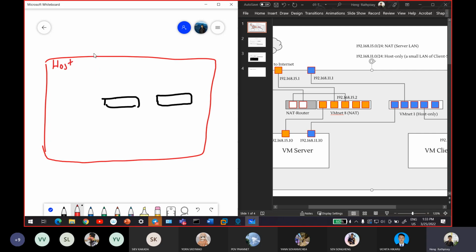And then this host can have many adapters too, so it has its own network adapter. It can be Wi-Fi or Ethernet. Okay, consider this Wi-Fi adapter, and then it can have VMs adapters, VMnet 1 and VMnet 8. Okay,